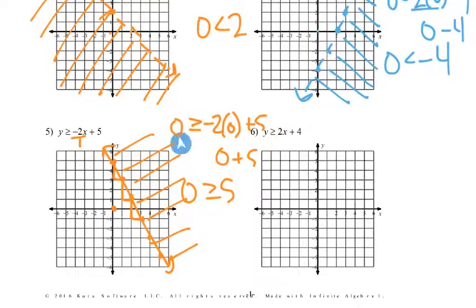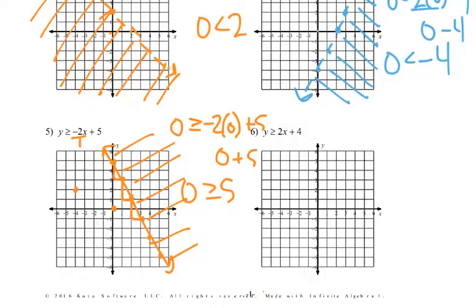Now remember, the reason I put 0 in for y is because this point has a 0 for y. If I put 0 in for x, it's because that point has a 0 for x. So if I chose a different point, I would treat it the same way. It would be 2 for y, negative 4 for x, and I do it that way. So I get positive 8 plus 5, which is 13, and 2 is not greater than or equal to 13. Whatever point you pick, you change the x and the y to the x and y